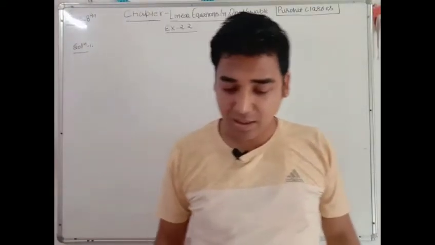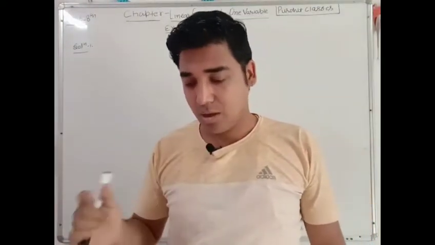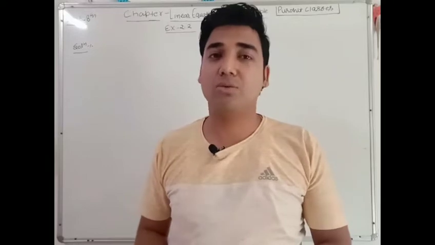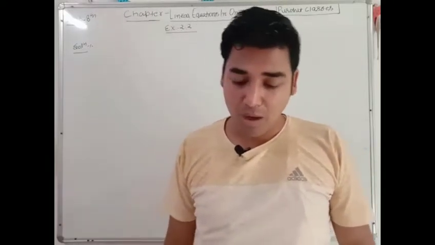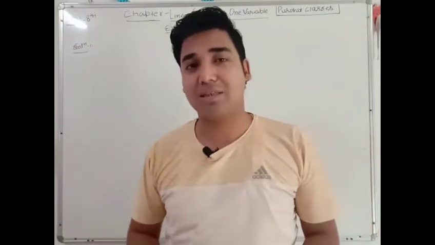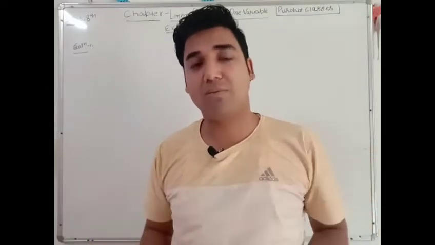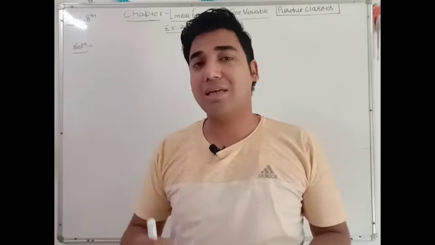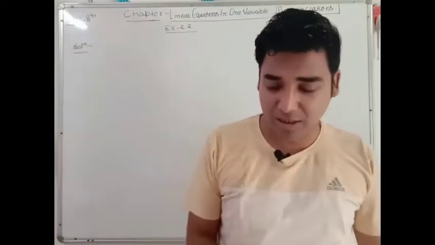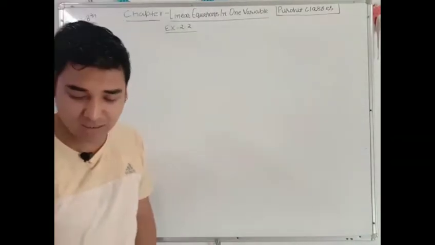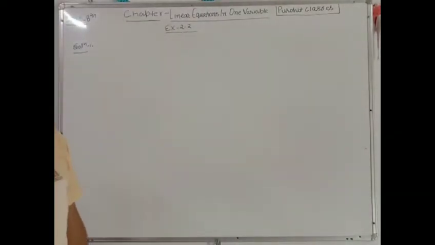Welcome back class 8th, and today we are going to solve exercise 2.2 of chapter linear equations in one variable. In this exercise, some statements will be given to us. We will convert them into linear equations in one variable, and then we will solve them by normally transposing. Okay, so let's see question number 1, which says: if you subtract half from a number and multiply the result